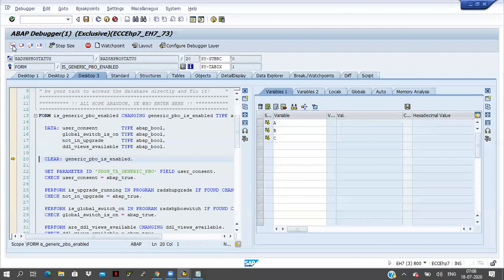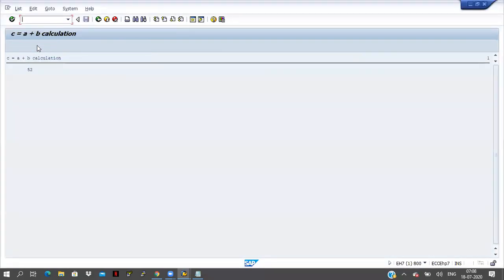I clicked on the F5 button, but some program came here, which I did not write. In this case, what will you do? Blindly click on the F8 button, or the Continue button, the last button. Why we have to click that one only, we will discuss later. Our remaining buttons are also available, and what is the use of these two things, we will also discuss later. Now click on the last button F8 or Continue. See, the output is coming. This is correct.